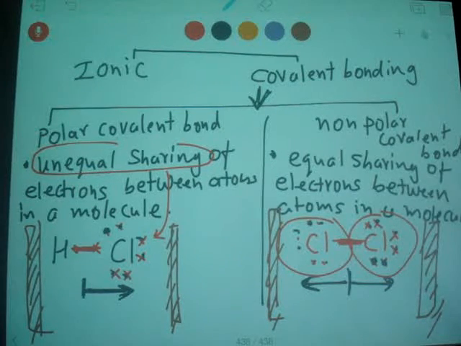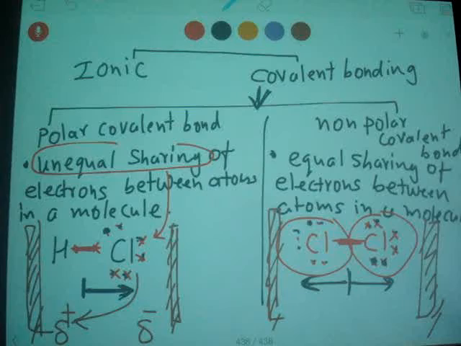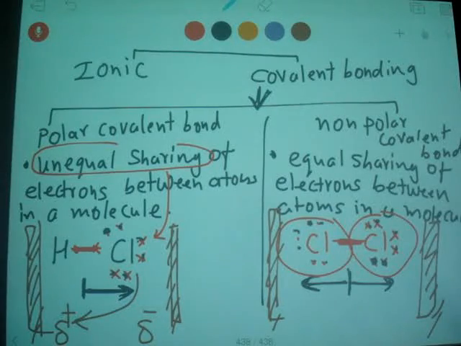When you place it, let's say this is the positive charge and this is negative. So this end goes and attracts here because there are more electrons on this side, more negative charge on that side. And this one is going to go towards the positive side. That way you can see the effect of the electric field on it. So, ionic bonds, covalent bonds, polar and non-polar covalent bonds. Now we are going to talk about